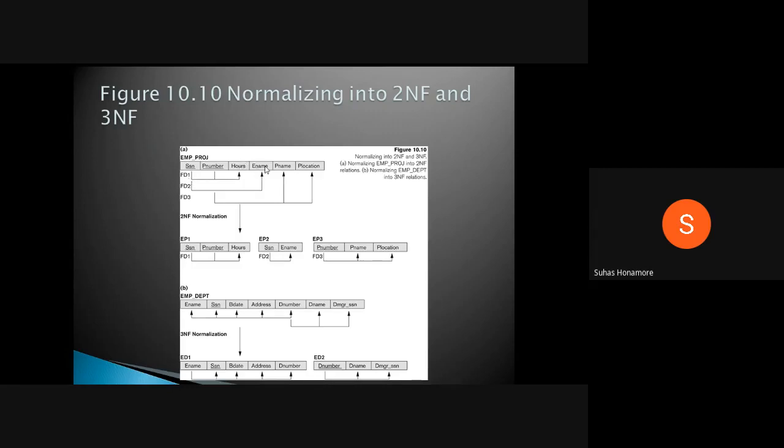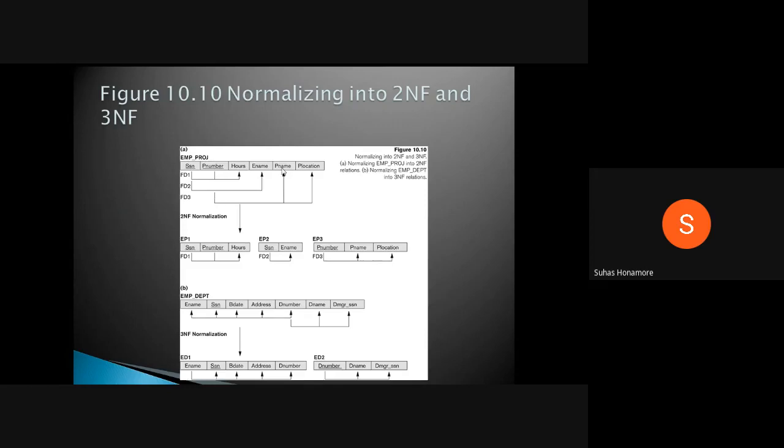E name, if you see its functional dependency, depends on only SSN, so there is a problem with FD2. There is a partial dependency, since only from SSN I can derive the e name. Now P name: only from project number can I derive it.